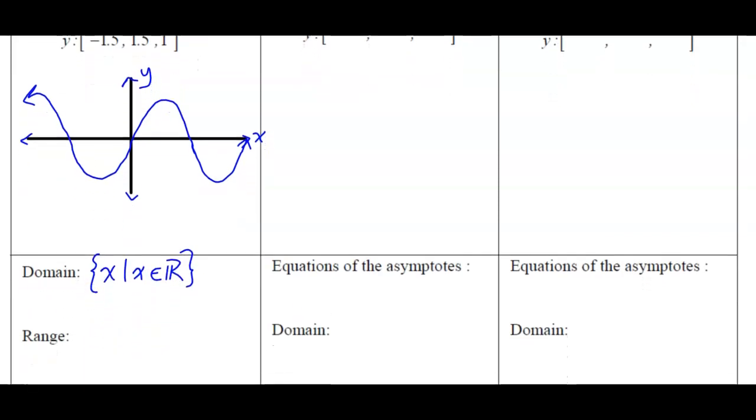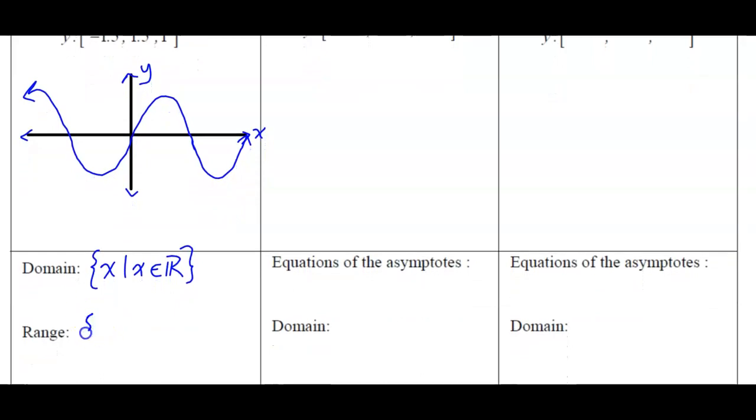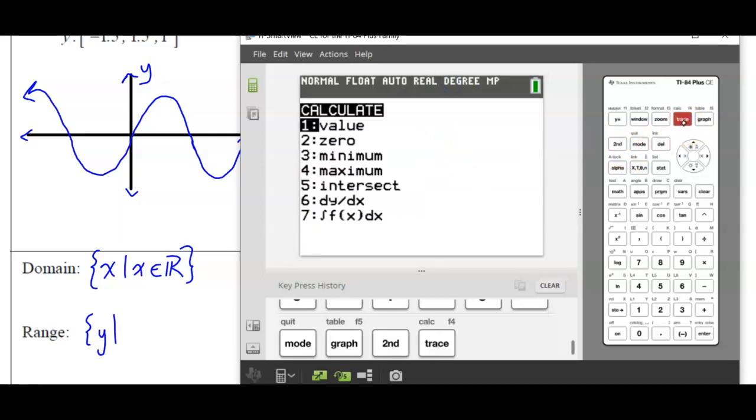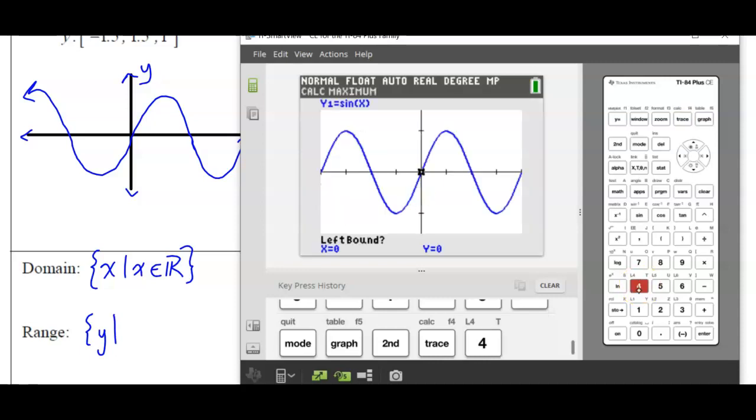And range, well, let's take a look if you're not sure. From this setting, those values, remember the markings were 1 for the y, so that minimum value is -1 and the maximum value is +1. If you weren't sure, then remember you can do maximum, so second trace, maximum or minimum. So if I do maximum,